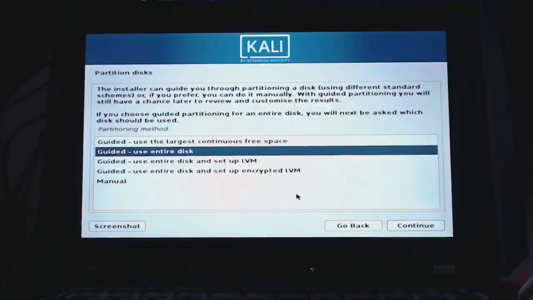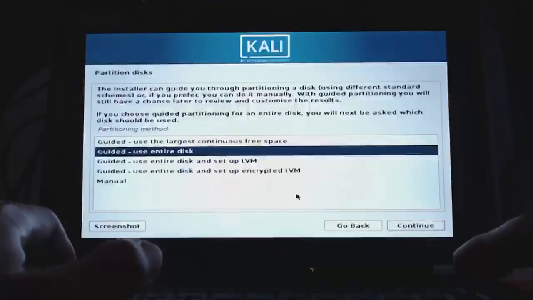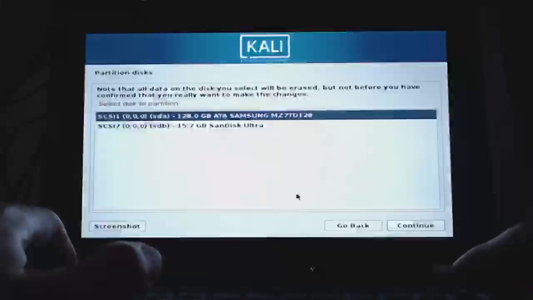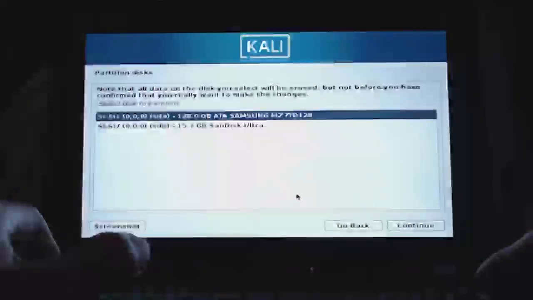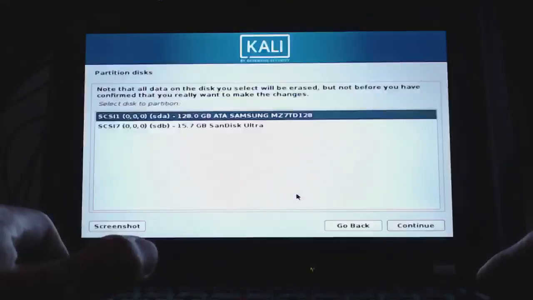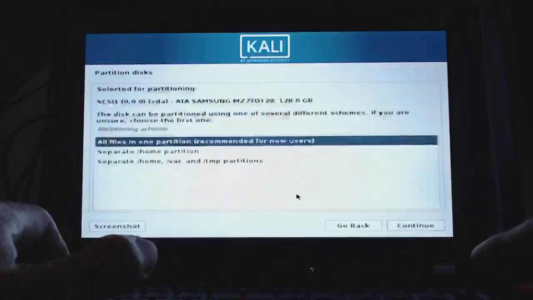We choose guided use entire disk for this purpose. This will be a pure Kali Linux laptop, there will be no other operating system on there. And then you can see that my hard drive already shows up. I have a 128 GB Samsung SSD in there, that is fine. Let's click on next, continue, and then we want all files in one partition, which is recommended for new users,